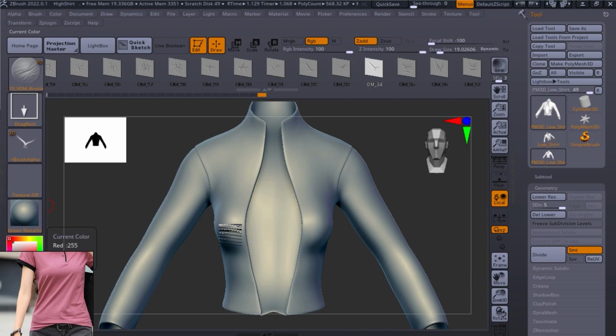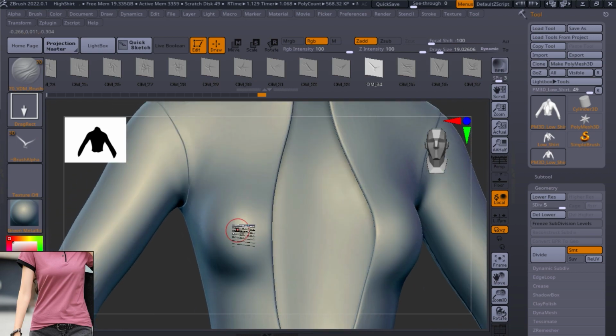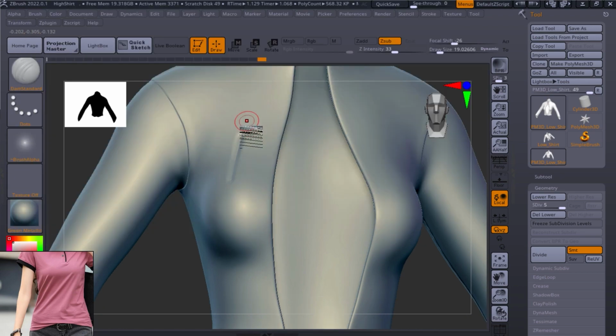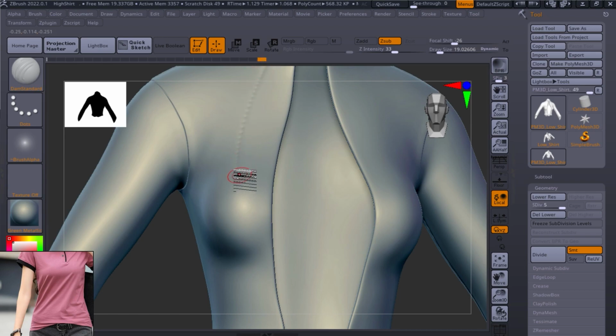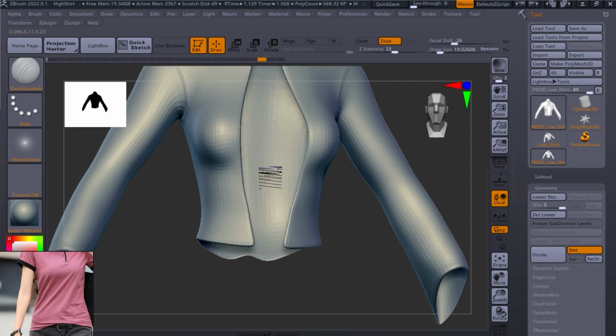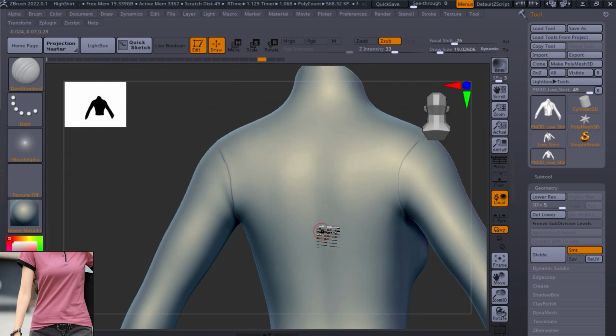You know that there are no folds on the breasts because that's the tense area. Hold on, let me just show you what I mean. So I've got to turn this off. The tension would be from here, from here, from here, from here, but it wouldn't be on the breast part because that's the area where it's tense. There are a lot of those areas you need to pay attention to. It's also the back, right? You see this area of the back? It's also extremely tense. You never put folds there. You can put folds in between here to connect it, but you shouldn't put, at least not big folds, here,